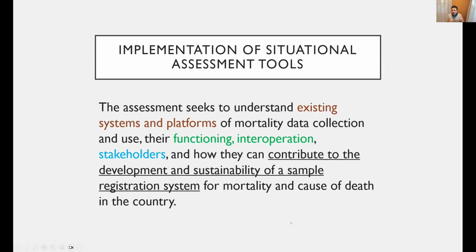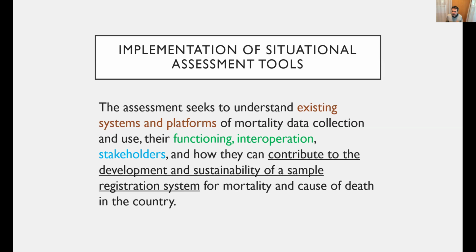We would like to unpack a bit what that objective for the assessment is. First, we want to understand which systems exist and what platforms are collecting mortality data. Mortality meaning fact of death and cause of death data. Second, in green, we want to understand how they are functioning, how they connect to each other, how they are not connected to each other, how they interoperate.